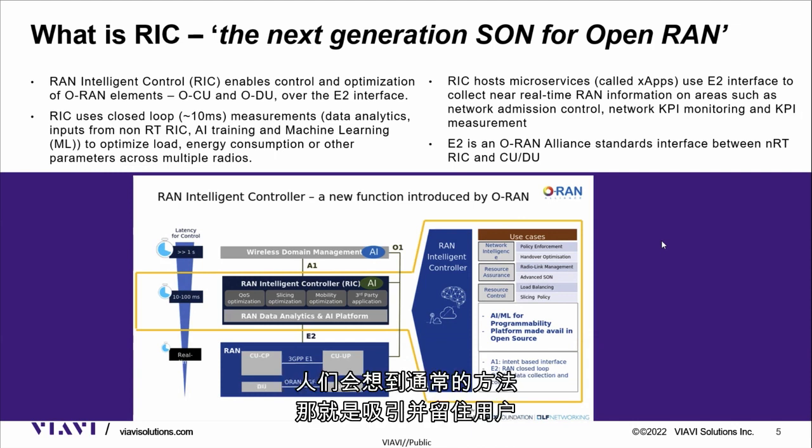Well, the usual ways come to mind, and that is attracting subscribers and keeping them, encouraging them to use costly services and apps which use lots of data, but also by running the RAN as close to maximum efficiency as possible. So keeping it available 24/7, ensuring subscribers have the best quality available, and getting every last call and data session out of the available spectrum it can. And this is where RIC comes in. So the main purpose of RIC is to automate and optimize the RAN at scale with the end goal of reducing the mobile operator's total cost of ownership.